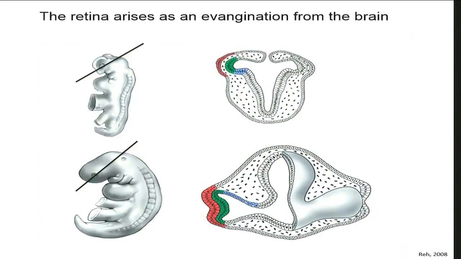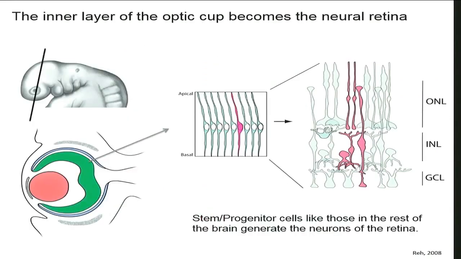The retina initially forms as an outpocketing from the neural tube during development. An optic vesicle forms, and the optic vesicle then develops into the optic cup. Once an optic cup forms in the embryo, there's a set of multipotent progenitor cells that give rise to all the different types of retinal neurons. If a single one of these progenitor cells is labeled, it gives rise to a diverse set of retinal cell types. So the way we understand this system is that there's a multipotent progenitor cell that, on its last division, can make any of a number of different retinal cell types.